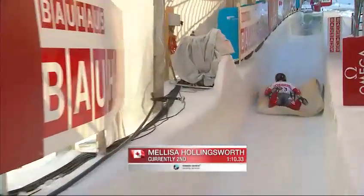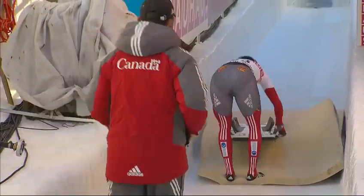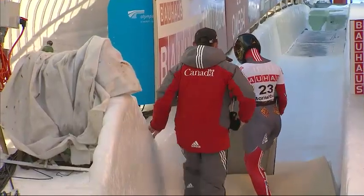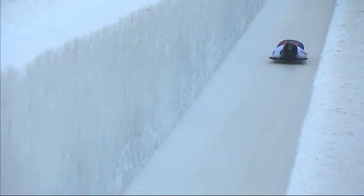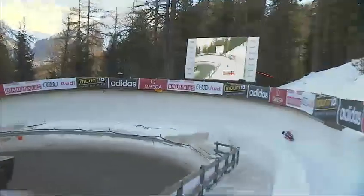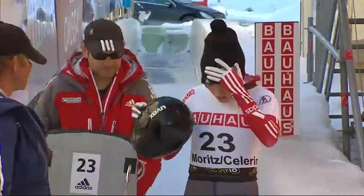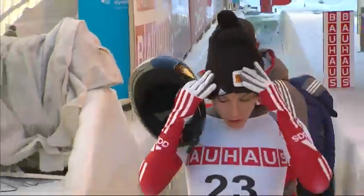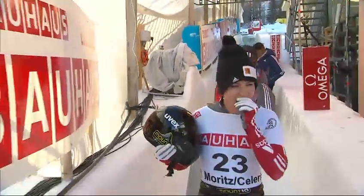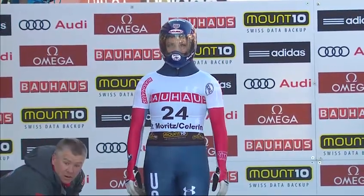Now, we talked about this in the team race, John, that the bobsleds historically are much closer together on consecutive runs than skeleton, because skeleton sleds are so much harder to control. There's way more variability driving a skeleton sled. We don't have that same level of control. We don't have a steering mechanism, and you're always going to find a greater variance in start times as well. Melissa didn't have the highest line through Horseshoe, but it wasn't bad at all. And coming out with speeds of 101, she was good enough for 2nd place. She's disappointed with that because she knows how far back she is, but we're really going to see how well